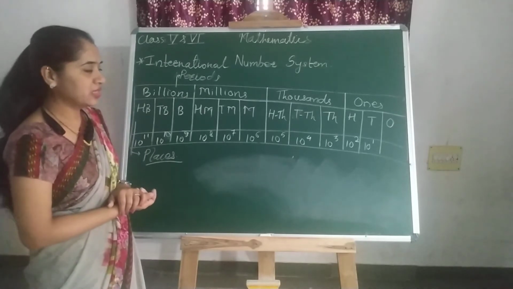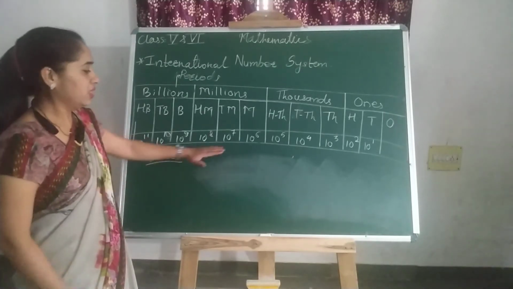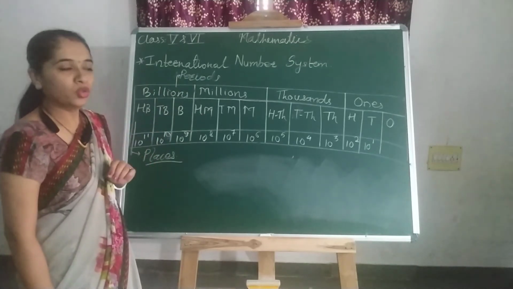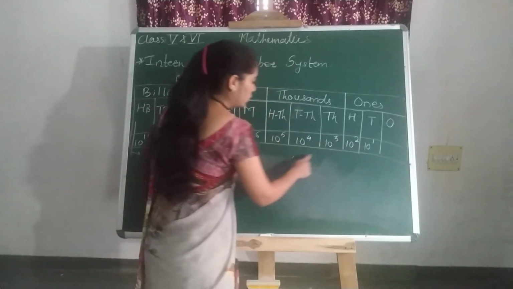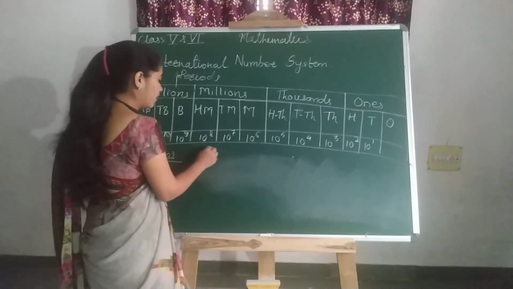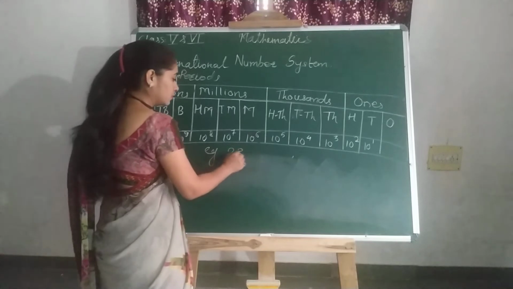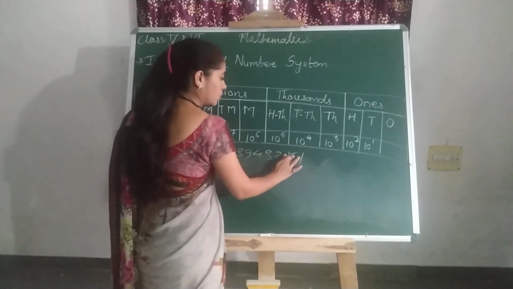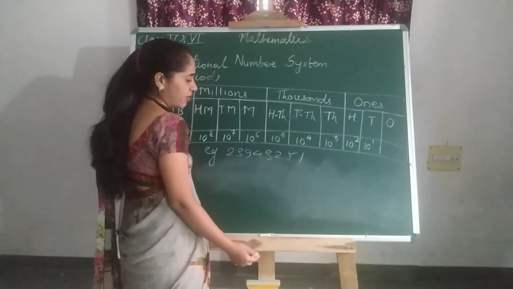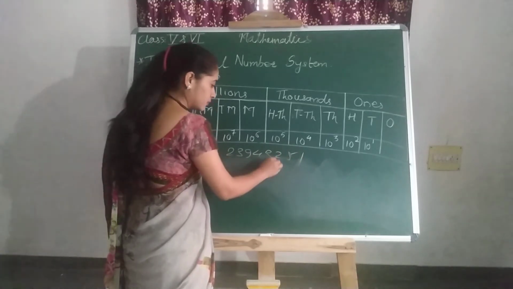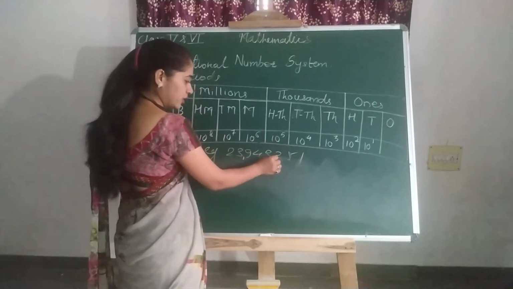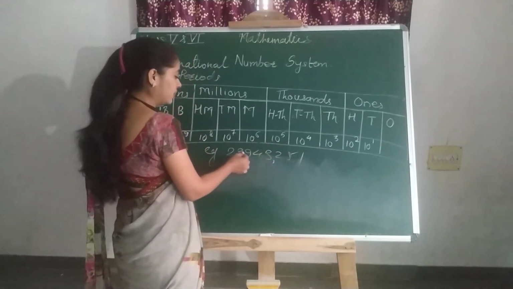So what you notice in this number system is that the method of giving commas in the given number according to period is 3, 3, 3, 3. That means how many places are there inside every period? 3. For example, you have a number. Starting from the ones place, give the comma, leaving behind 3 places for each period. 1, 2, 3. 1, 2, 3. Now count the places: ones, tens, hundreds, 1,000, 10,000, 100,000, million, 10 million.